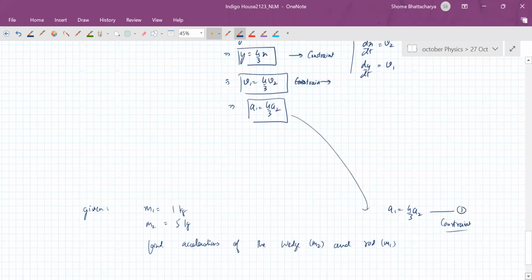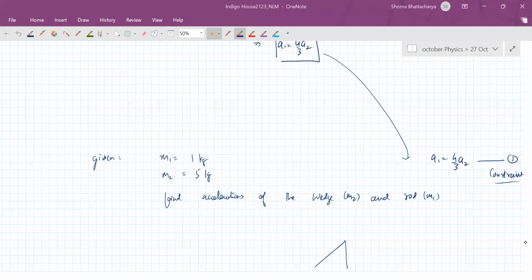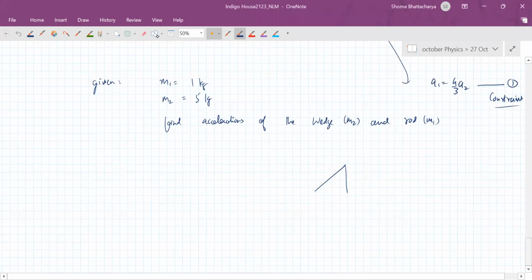And then of course we'll make the free body diagram. On the wedge, the shape was a little different. Just a moment to restart that and share it again. Yeah, so the wedge's shape is more like this.